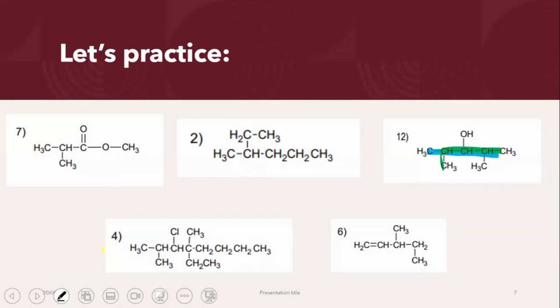I can also make a chain like this, which would also give me 1, 2, 3, 4, 5. So regardless of how I make the chain, I have tried all possibilities. The longest continuous chain, keep in mind it has to be continuous, is with 5 carbon atoms,